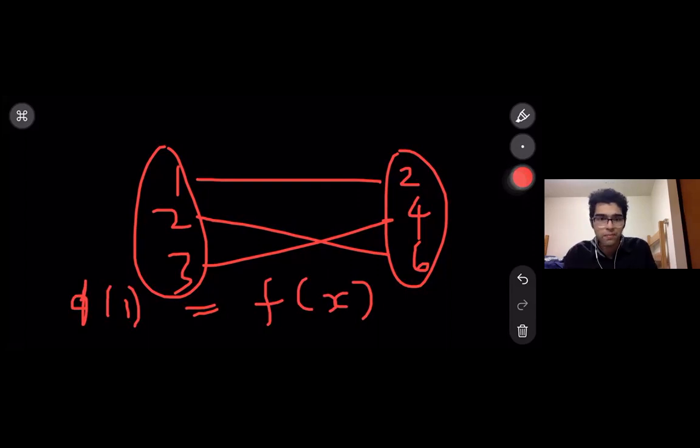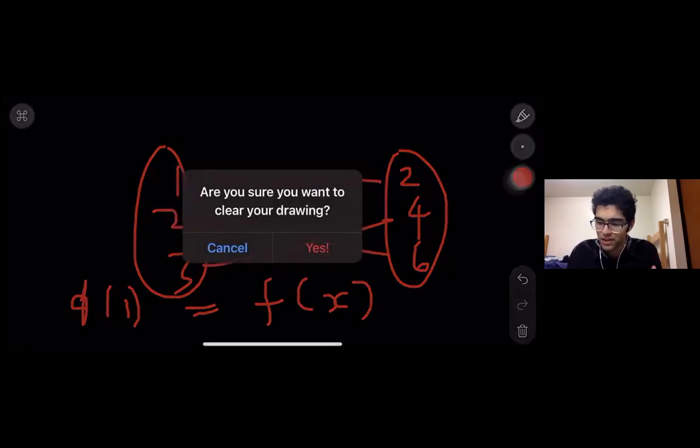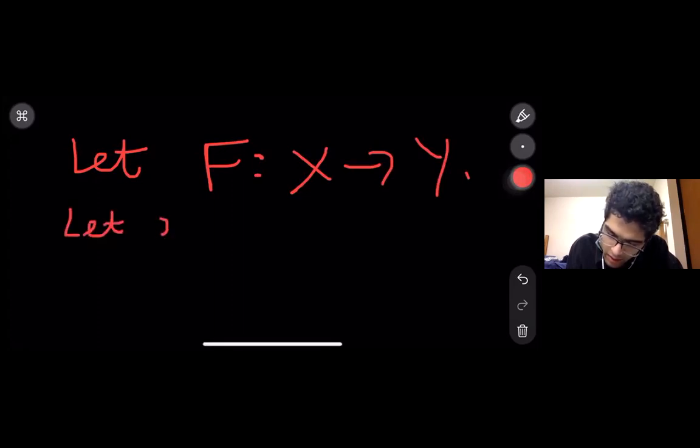So this is one-to-one. This is the definition of one-to-one function, and I will write it in a very formal way. You might not understand the way I write it now, but I just want to give you a taste of how it would look if you wrote it rigorously. So let me write it. You don't have to worry about this. If you understood the definition of one-to-one, you can ignore what I write now. I just want to give you a small trailer. Let's say f from X to Y. Let x1, x2 belong to X.